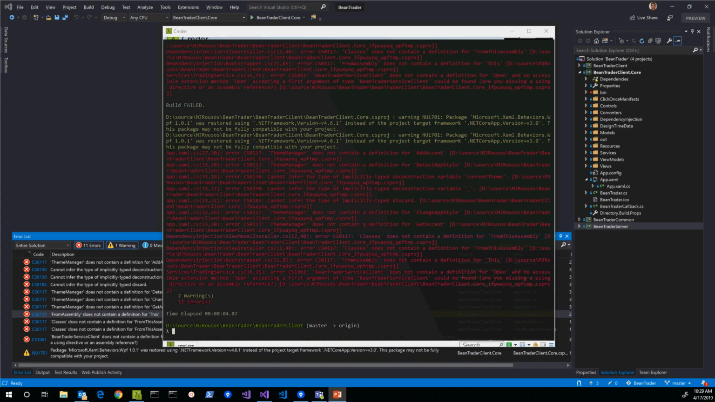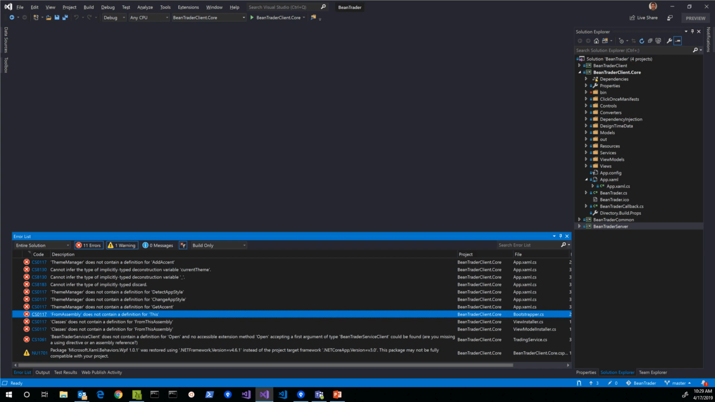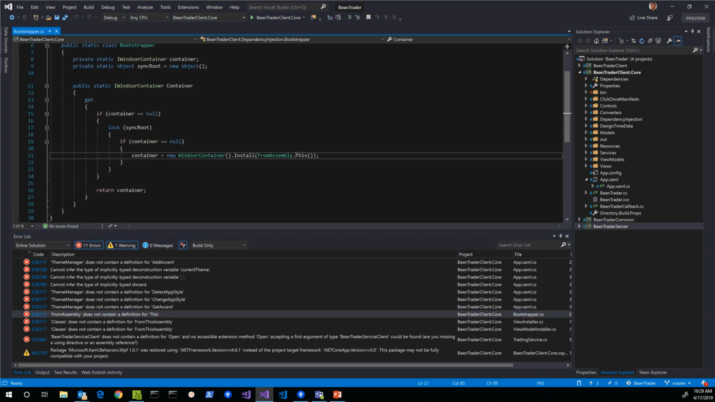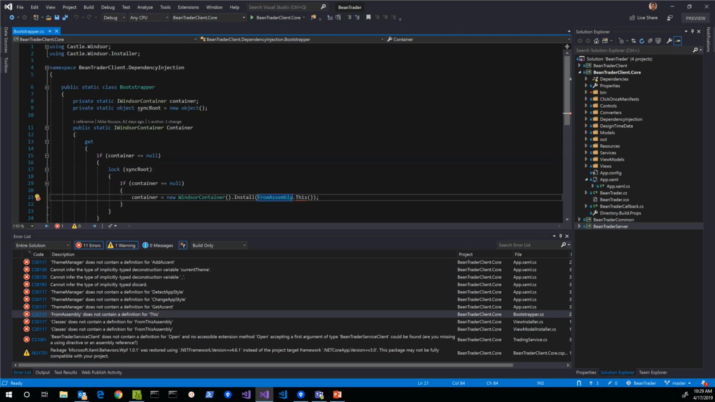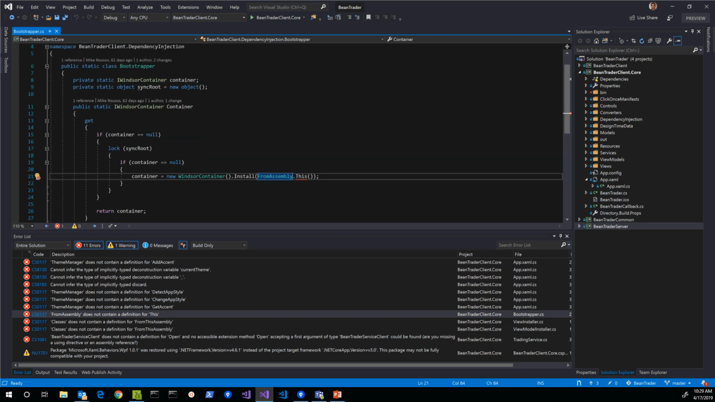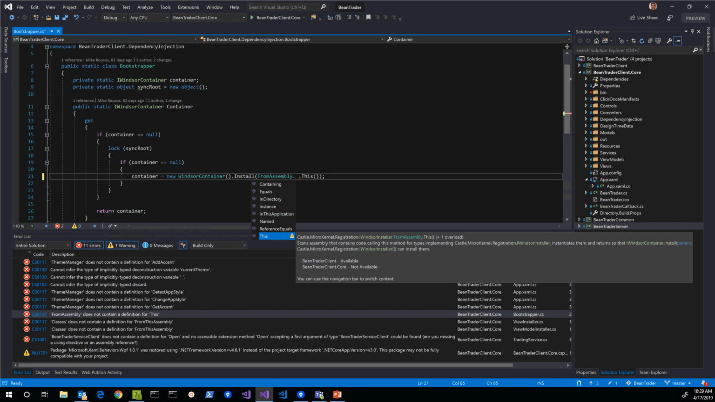So here are the 11 errors that were remaining, not too many. I'll hop over into Visual Studio and start walking through these. The first category of error we have is with Castle Windsor APIs. Here we are trying to use installers from the current assembly, and you see that from Assembly.This for finding the location where the installers are